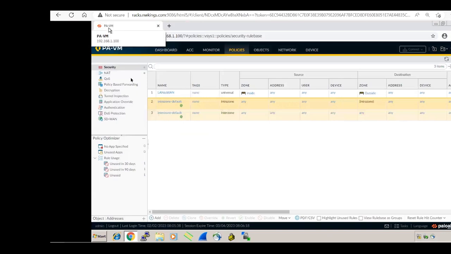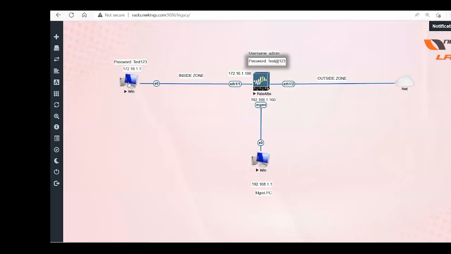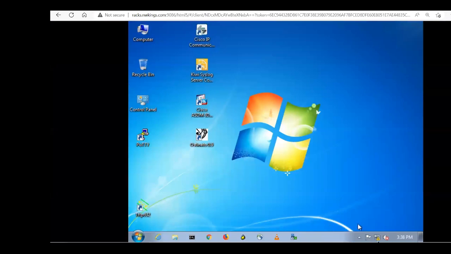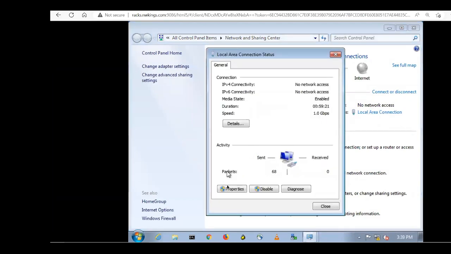Let's see. I don't know if it is working or not. Come here. Give the IP 172.16.1.1 to this PC. We will just test it. If it works, that's fine. If not, then